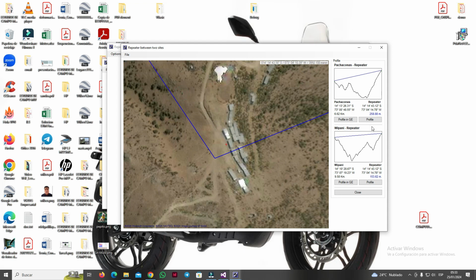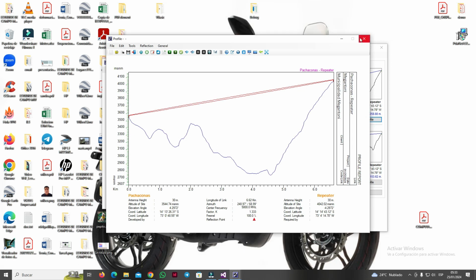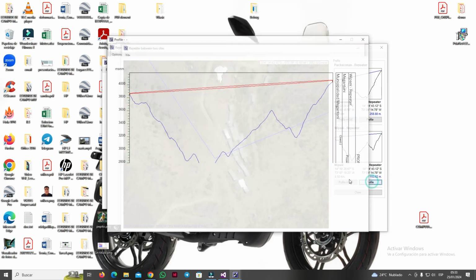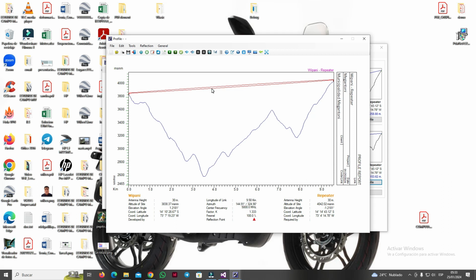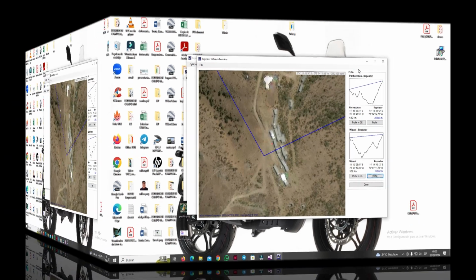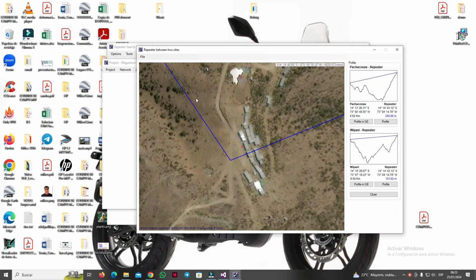We can also deduce that if there are homes or work offices in that place, it is very possible that they have electrical energy to power the repeater equipment. And then we click on CT or L+D and capture the point that we are pointing to with the cursor. It is not necessary for us to manually enter the coordinates of the site. The program already does it automatically.